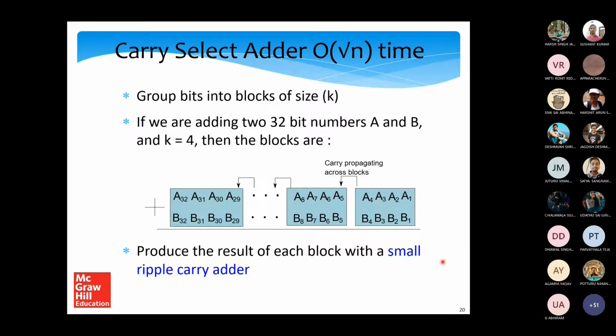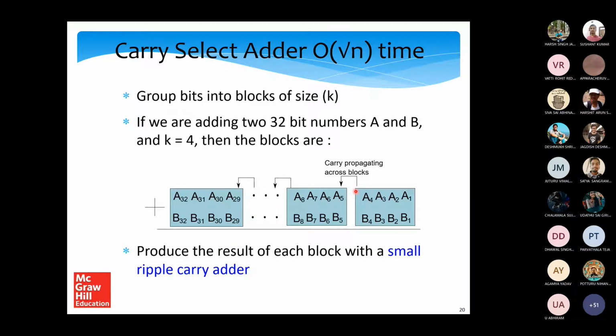But here is a catch. The next smaller problem is dependent on the result of the previous smaller problem. Then how can you do it in parallel? Now here is the catch. This is a smaller problem, this is another smaller problem, this is another. This small problem is dependent on the result of the previous one. But is it really dependent on the whole result? No. It is only dependent on the MSB of the previous smaller problem.